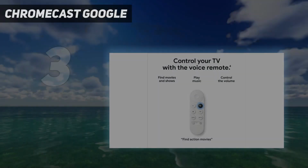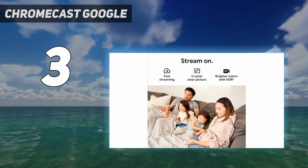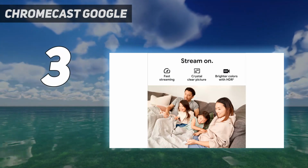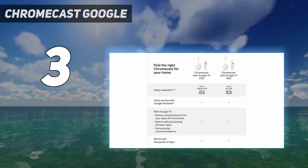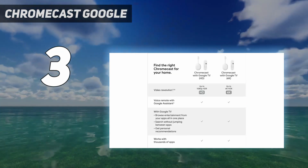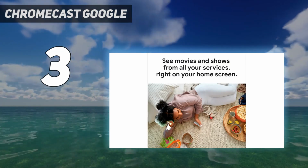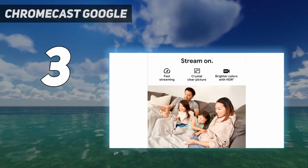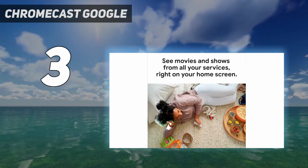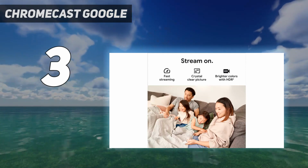At number 3. Chromecast Google. The Chromecast with Google TV 4K makes the company's traditional streaming device a whole lot more complete. It also features excellent live TV integration, with a whole section for free TV and select paid live TV streaming services, YouTube TV, Sling, and Philo. It also packs 4K UHD streaming with support for HDR and Dolby Vision, for excellent picture quality, and Dolby Atmos for immersive sound. And Google TV means an interface and operating system that supports the over 6,500 Android TV